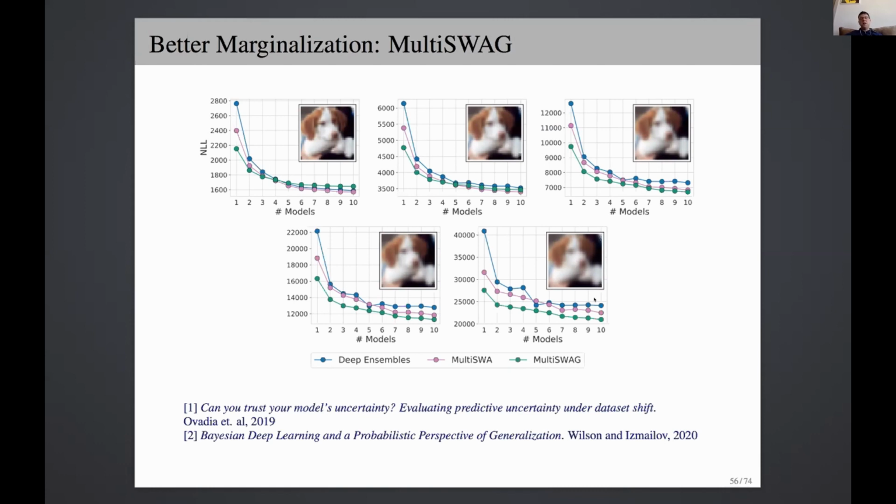So it's multi-SWA, which is like what you would get if you were to ensemble multiple SWA solutions rather than multiple SGD solutions. And the reason this might be compelling is at test time. So although multi-SWAG and deep ensembles require the same training time, if you're carrying around a big ensemble, which you might get through something like multi-SWAG or by taking lots of samples within each basin, this is going to cost you at